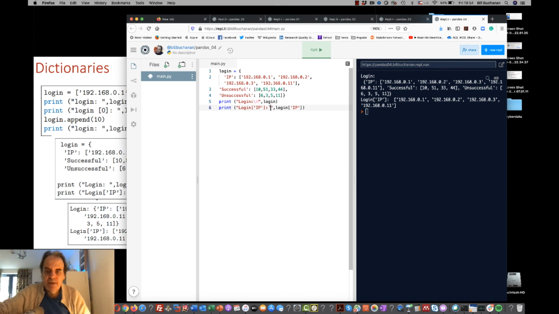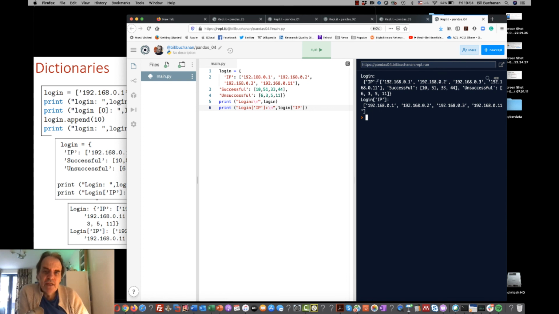And we'll do the same here. Okay, so in this case, this is our dictionary here. You can see the IP is our key here, and here is the list that relates to